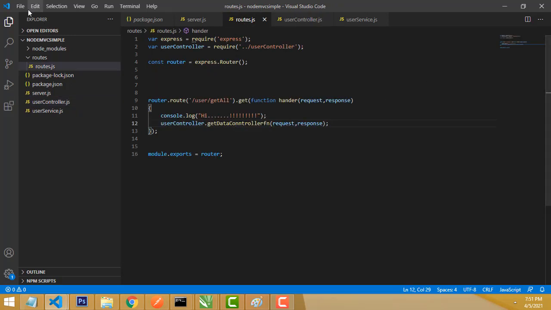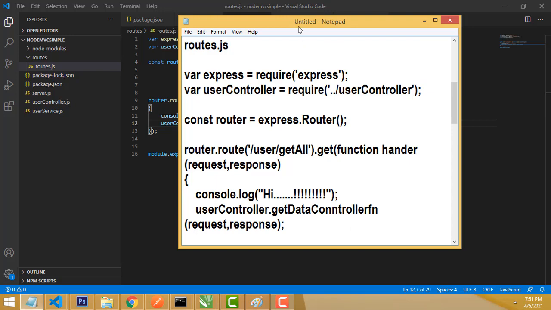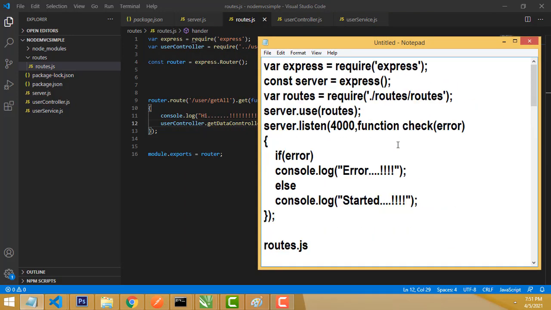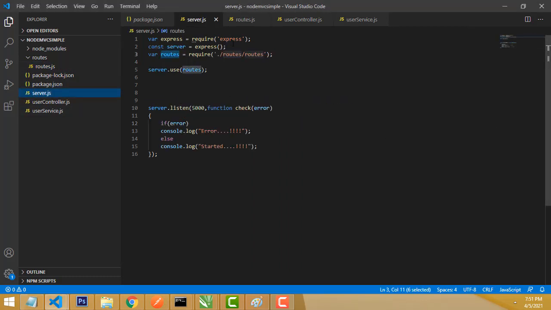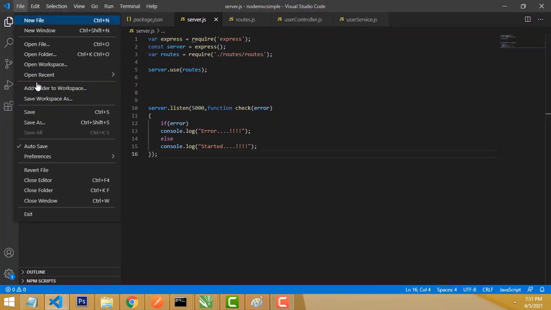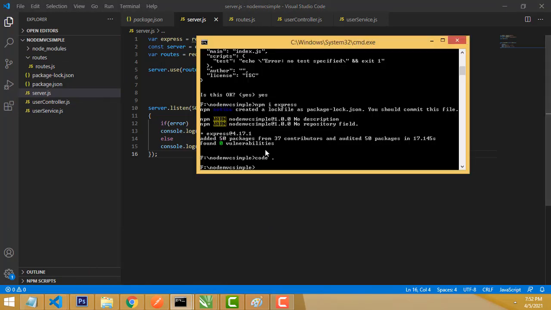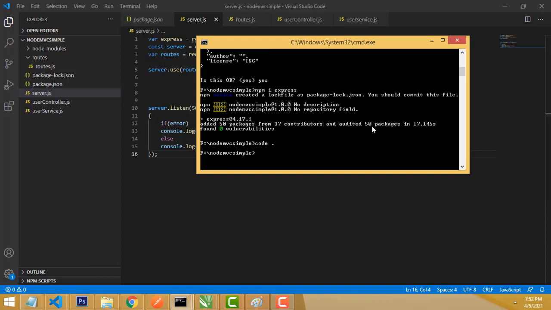Now what I am going to do is run the files, right? So we will double check that all the things are correct. I hope all the things are correct. Now let's go back to our server.js, routes, all the stuff. Now let's run and check whether it's working fine or not. File, save, all right. Now here, this is your file. You type node server.js. Press enter key.